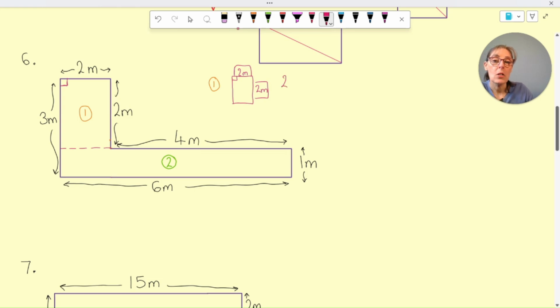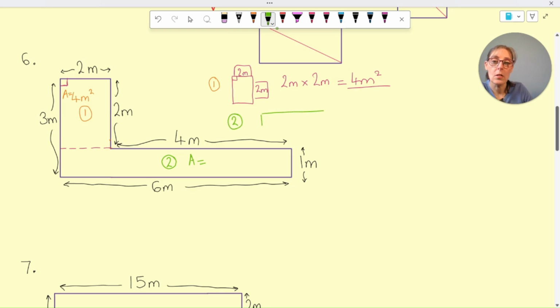So I'm going to write 2 meters multiplied by 2 meters is equal to 4 meters squared. So I know that area is 4 meters squared. I should put A equals. Now this other one, the area for this one is equal to,